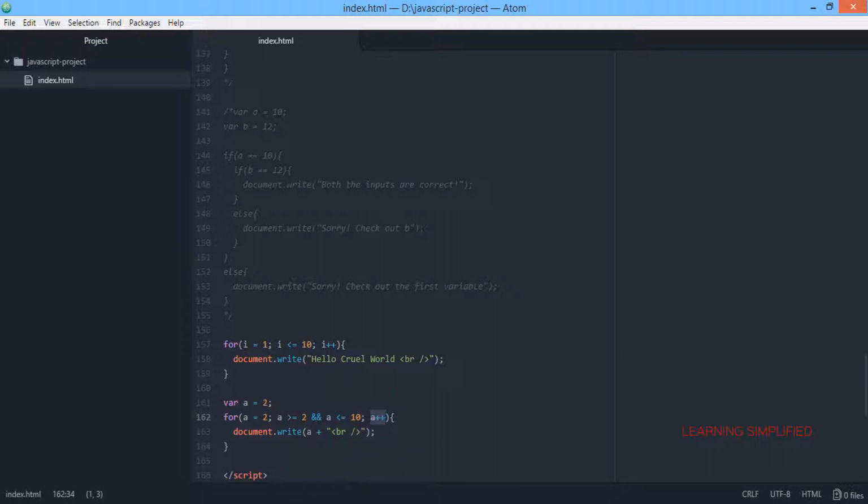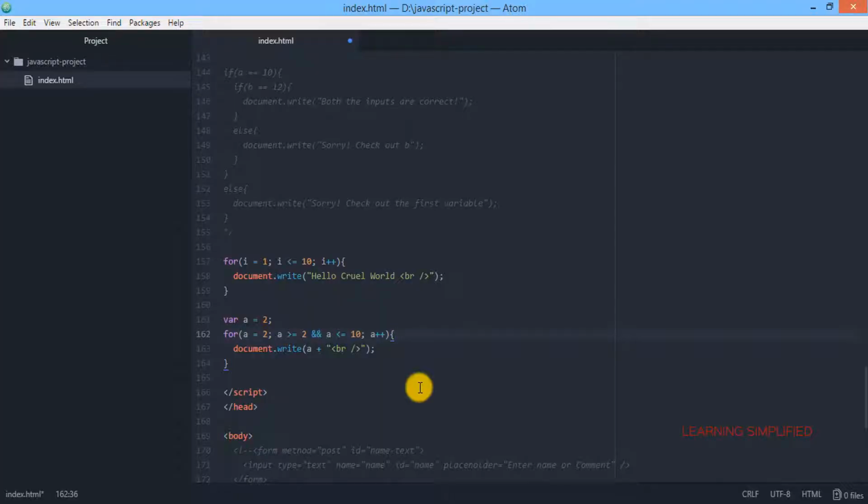That is why when we get back to our project, we can see that all these values, sequentially starting from 2 and ending at 10, are being executed. 11 in this case is not lesser than 10, and that is why the value after 10 won't be executed.